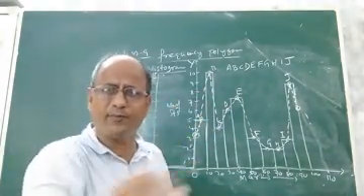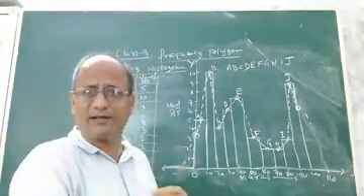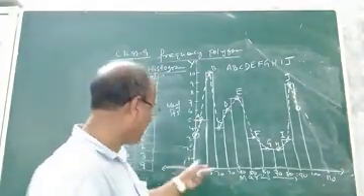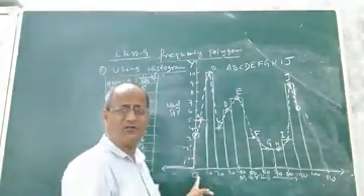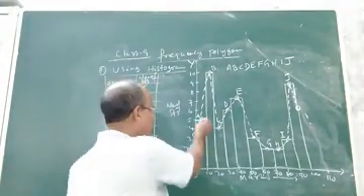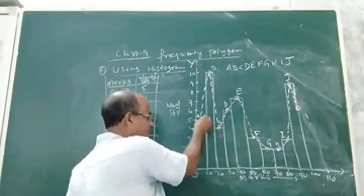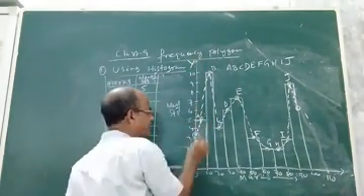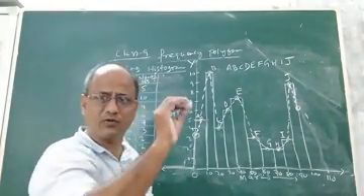After joining all the midpoints of the bars or rectangles in the histogram, what will you do? You have to close it. In order to close it, you see, it is not possible that a child will score less than 0 marks. It is impossible. So you join this midpoint by a dotted line, and it will intersect the y-axis at some point so that it is closed.